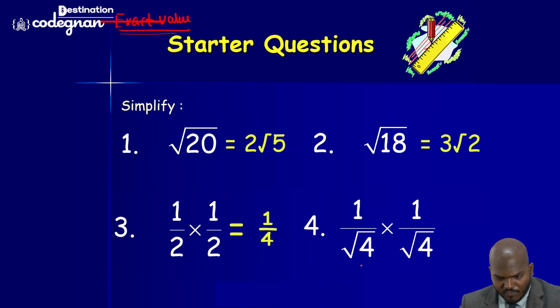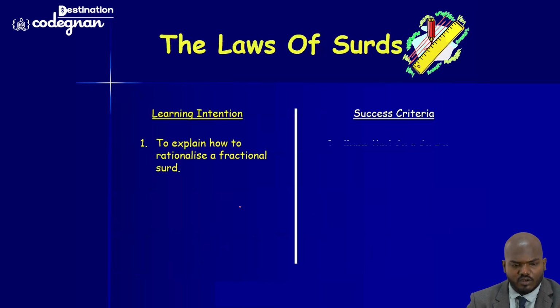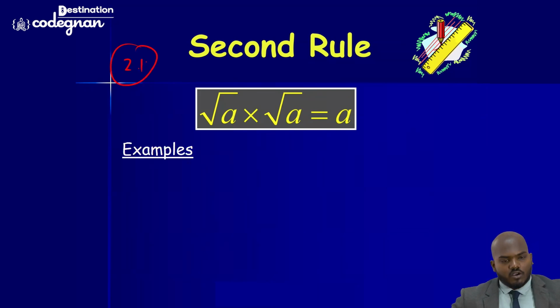You see this one? If I'm making the product of the same square root, I'll get the value 1 by 4. It looks like a simple one, but you need to learn something here, that this is the second rule. This is the previous thing they have given in the one, but it is 2.1. You can call it as in the one. You see this one? That's the same square root value given here, so that you can get the value of the real number.